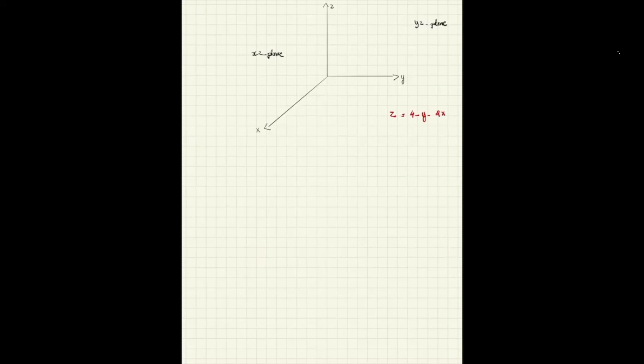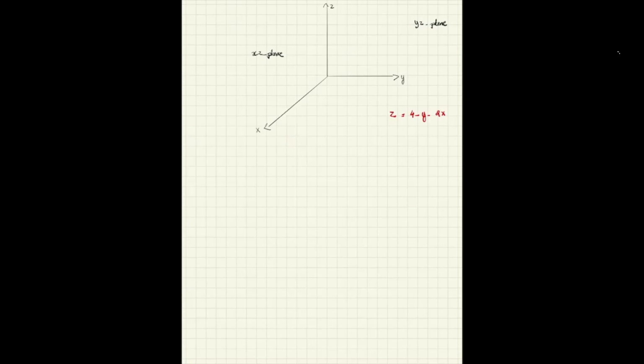Okay, so when you have a plane, one of the tricks that can be used to have a good idea of what the surface looks like is to put 0 somewhere and see what happens. So for example, if I put z equal to 0, this means that I am restricting the surface of the plane to the xy plane. So when z is equal to 0,